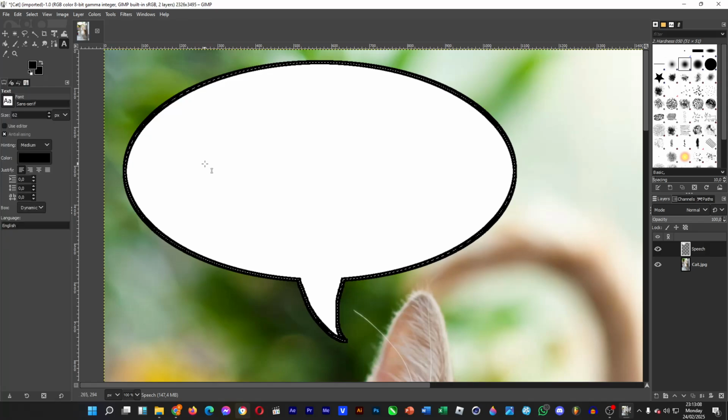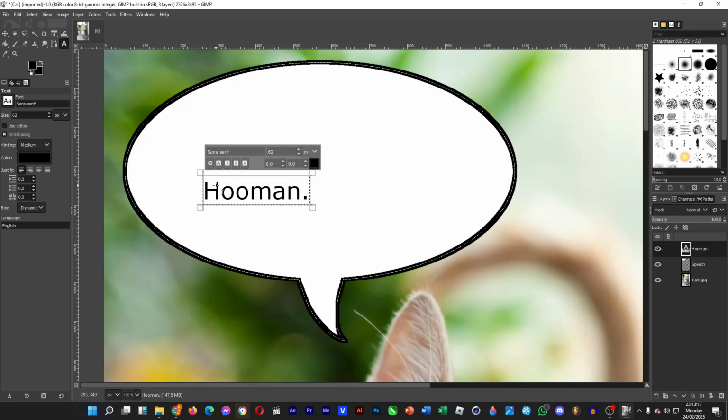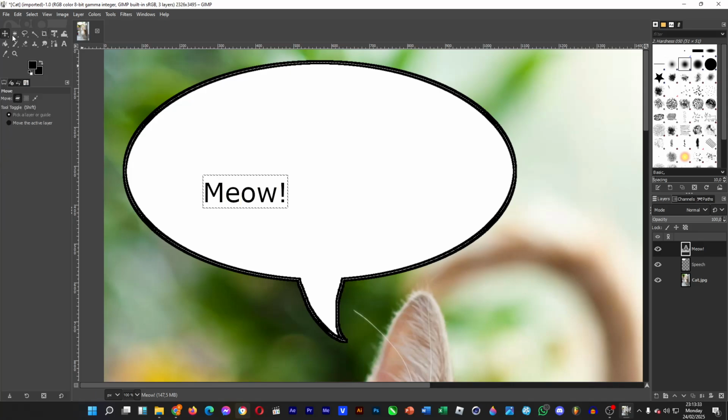Click on text tool, and then you want to type like for example, human, the nickname from a cat to their owners, or maybe just meow. Just like so. You can even change the font type by clicking on this one and the font size to this. Select the text first. Make it larger, or you can simply make it larger by